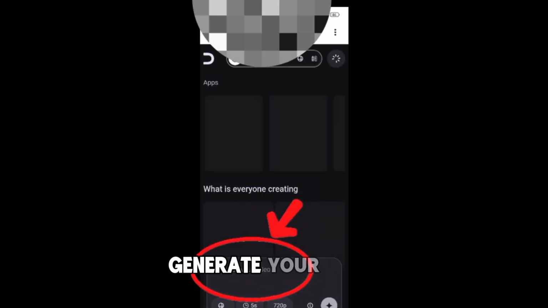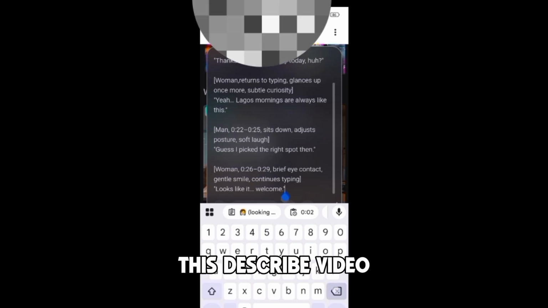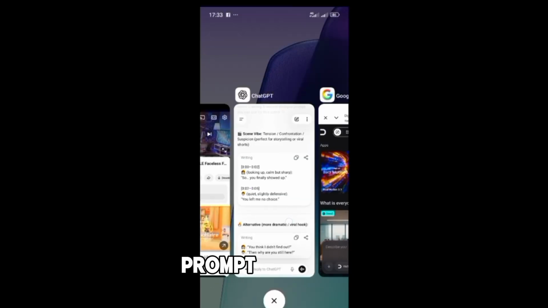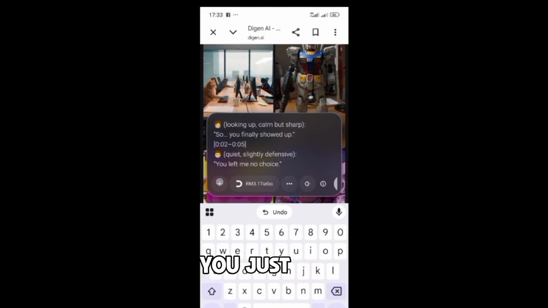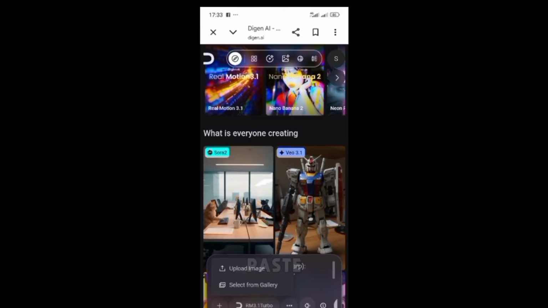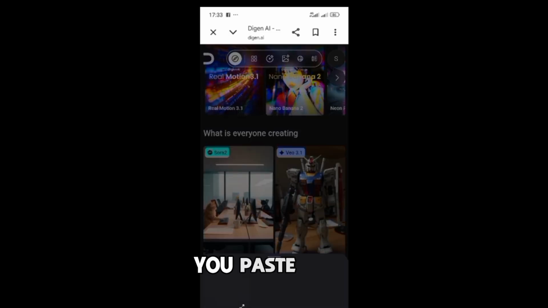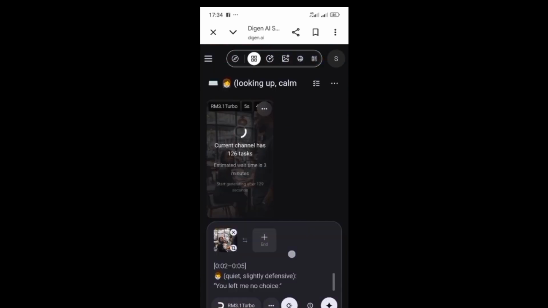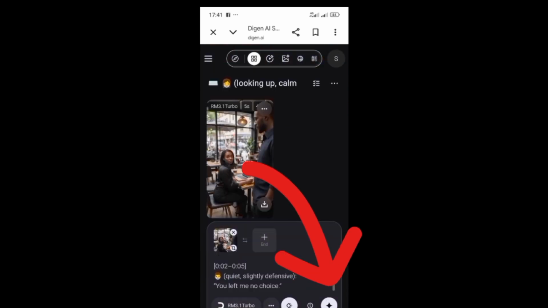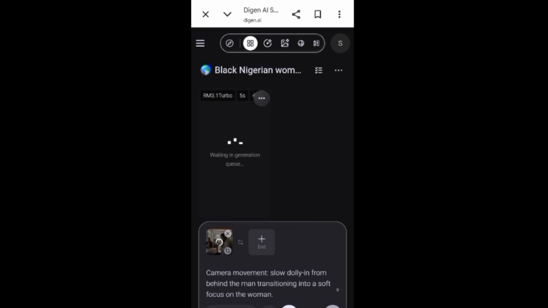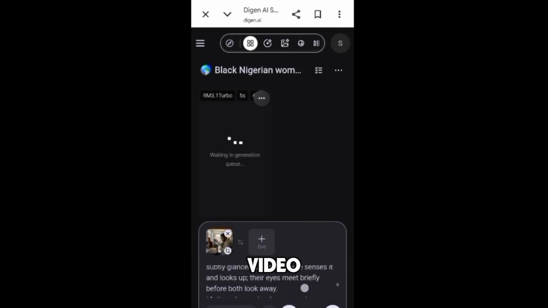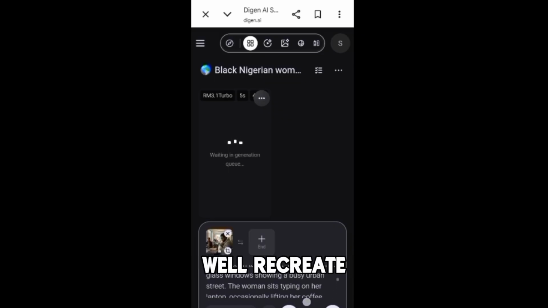So once you're done, to generate your video, you click on this describe video, then go ahead and copy your prompt also from ChatGPT. Once you're done copying your prompts, you just come over here and paste. Yes, you paste your prompt alongside the image you want to animate. Yes, then you click on this icon. Then you give it some time. Once it's done, you play it, and if you're not comfortable with the outcome of the video, you can as well recreate, because